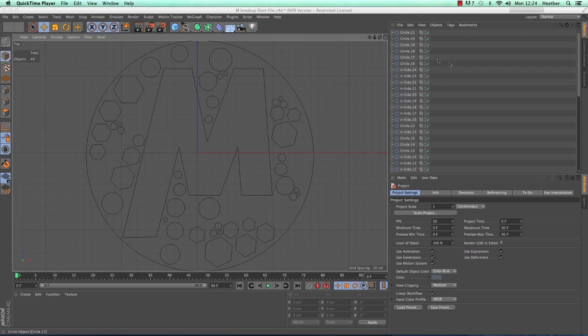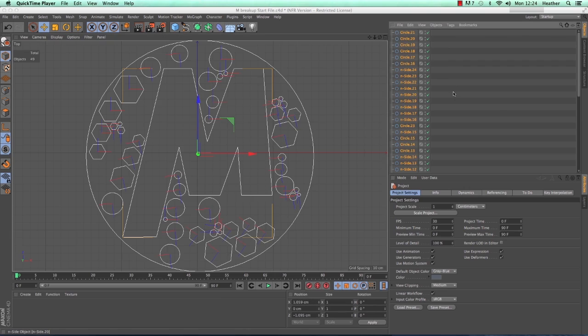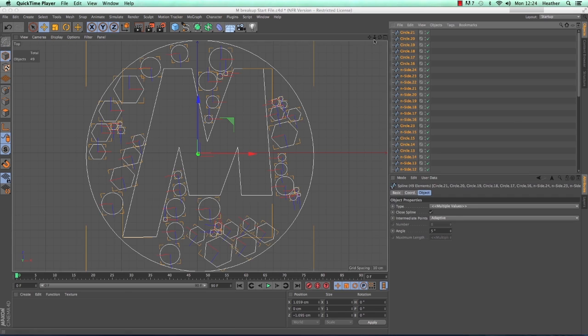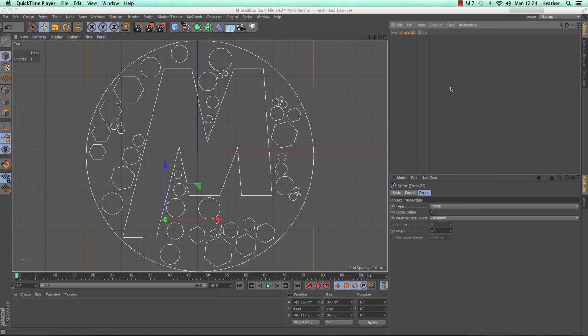Well, first of all, I need to make all of these preset splines editable. So I'm just going to select them all in the Object Manager and then make them editable. The reason I've done that is so I can go then to the Objects menu and connect objects and delete, which will turn all of these splines into one single spline, like so. So once we've done that, we need to put this into a loft object, and this will give us the beginnings of a mesh, and I'll show you in just a second.